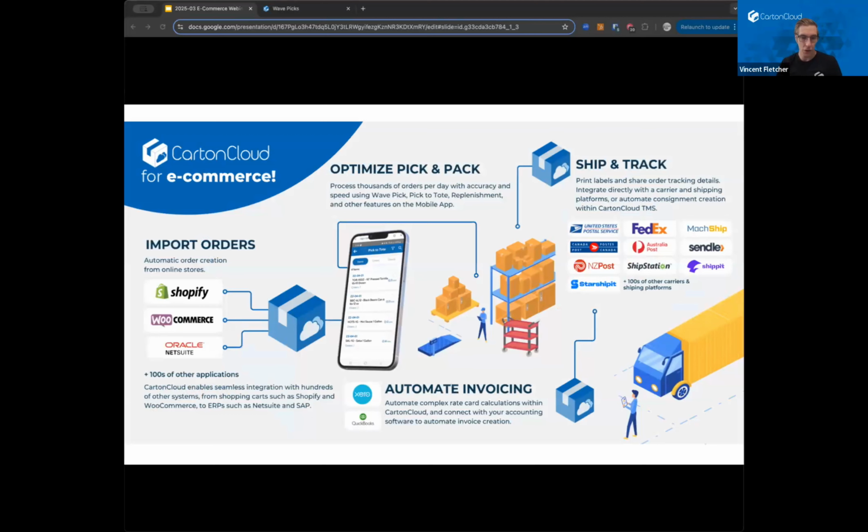To begin, I just want to show an overview of the entire end-to-end e-commerce flow. E-commerce orders tend to originate from e-commerce platforms, such as Shopify and WooCommerce. We also see orders coming through from systems like Facebook and TikTok now as well. Generally, these orders come straight into the CartonCloud API, and they can be used through our Click and